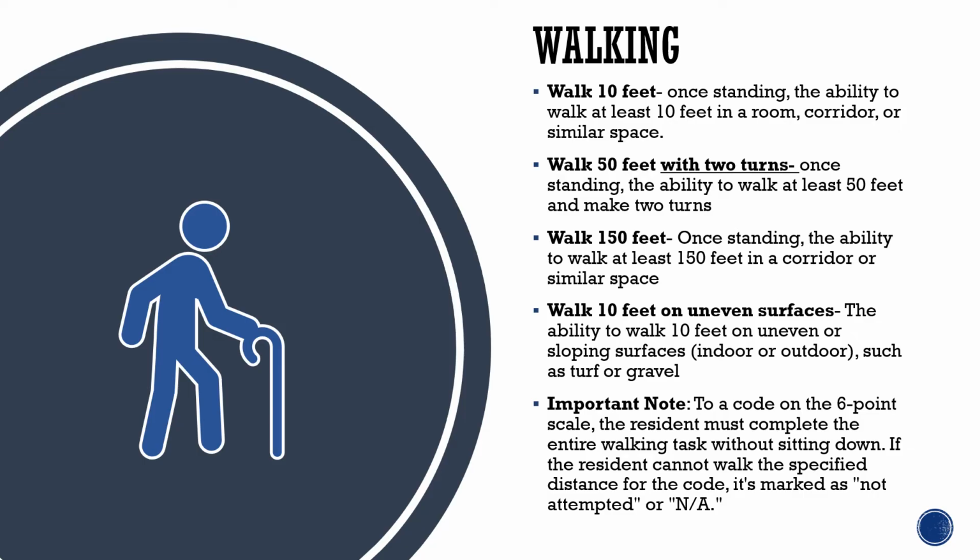Walk 150 feet is, once standing, the ability to walk at least 150 feet in a corridor or similar space. It's important to note that walk 150 feet does not require the resident to be able to make 2 turns, although it can still be coded if the patient does make turns